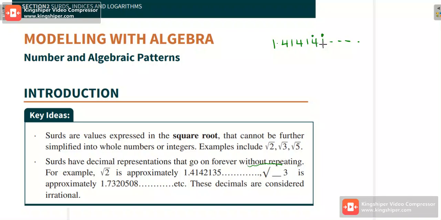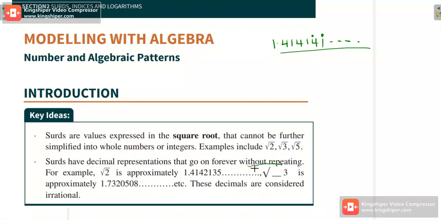So the 41 recurs, and that is repeating. If this happens, the value is not a set. So we are saying that for a number to be a set, its decimal representation has to go on forever